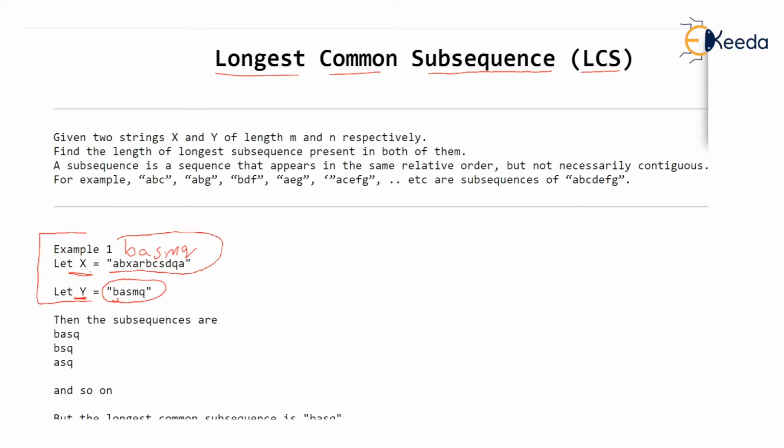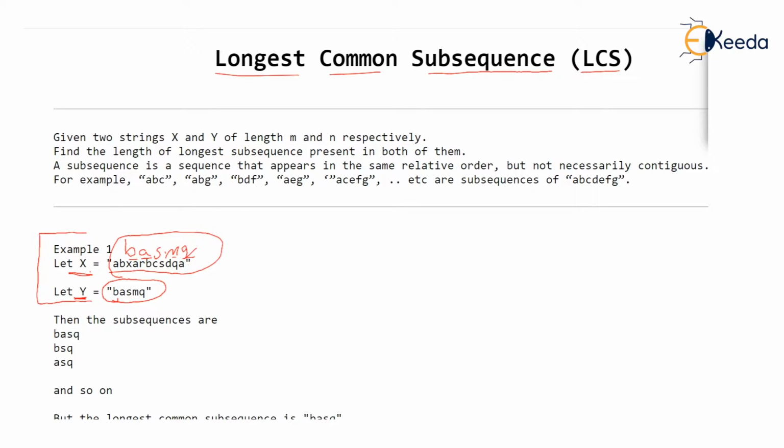That means exactly one after the other, BASMQ should appear. That is not this problem. Just try to understand, this is not a substring problem, whereas this is a subsequence problem.